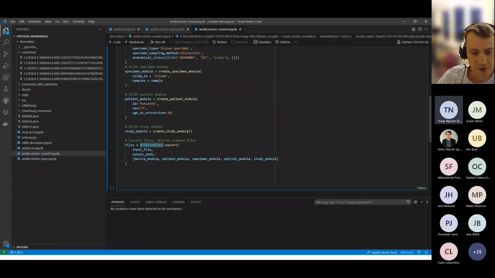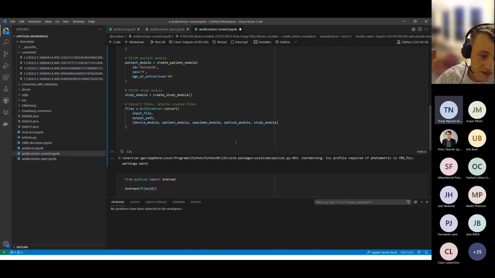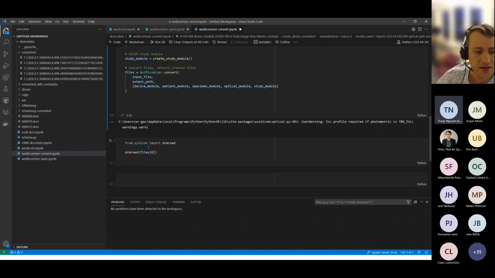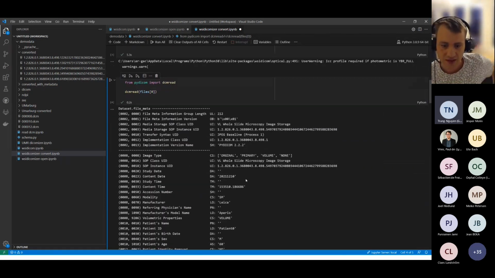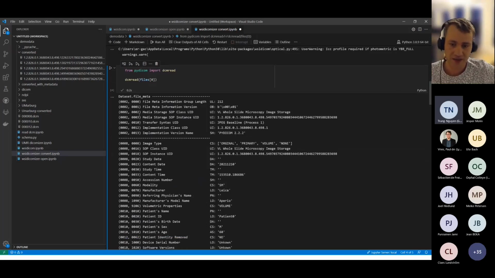And then I'm going to use the DICOMizer to convert this input SVS file and put it into this folder, converted with metadata. And I'm going to insert all these modules that we have created. And this should not take much longer than the previous conversion because it's the same file. And now I'm going to read this created file, or one of them, just to show how it looks. So we have the same structure as I showed before in the presentation, where we see,